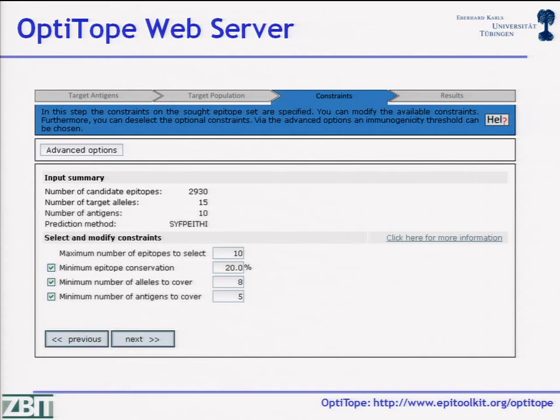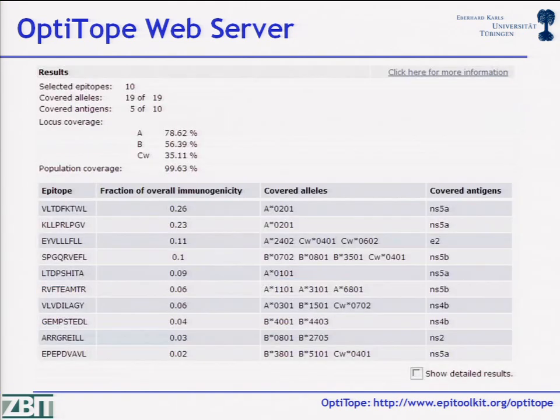For example, you require a minimum conservation of the epitopes, that you have at most 10 epitopes in your vaccine, that you cover a certain number of alleles, a certain number of antigens. You can simply add these constraints, or turn them off if you don't like them. And then you click on next, and what you get is another page yielding the results, basically the vaccine. So you get a list of the 10 epitopes that should be included in the vaccine. You see how much each epitope contributes to the overall immunogenicity, like this here,